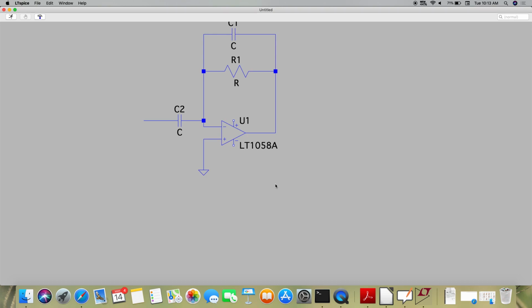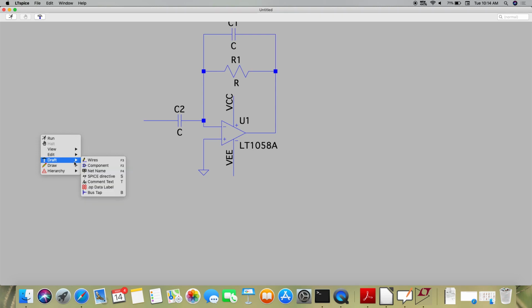Now similarly, here I can make two more nets whose names I'm going to give as, let's say, VCC and VEE. Earlier I gave the ground, now I'm giving something called VCC, and this net I am going to call VEE. Now this VCC and VEE are the supply voltage. I am going to connect them through